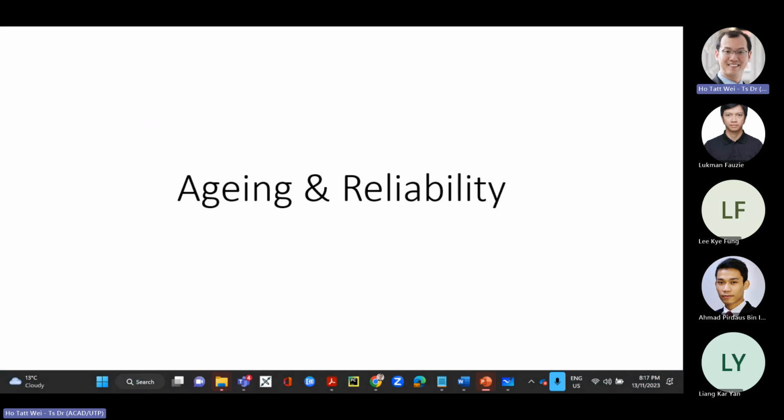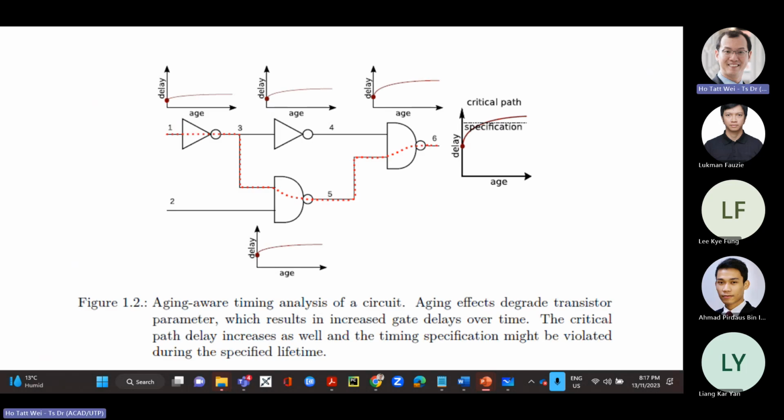So I want to talk about aging and reliability. Basically, this idea of aging, we're talking about circuits that are changing over time, right? So last session, we actually talked about process variation. That's when you're manufacturing the circuit. What happens is you create maybe 10 or 100 or 1,000 of the same design. It's the exact same design, and you're making 1,000 chips, 2,000 chips, 10,000, 1,000,000, and so on.